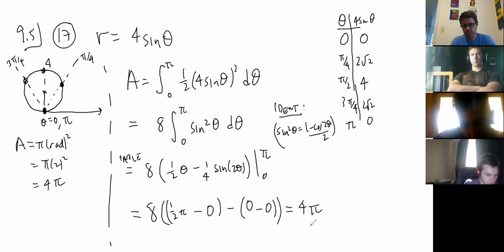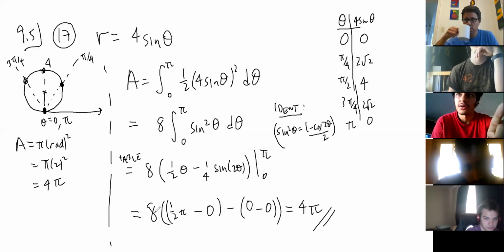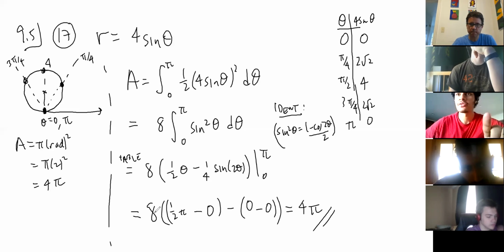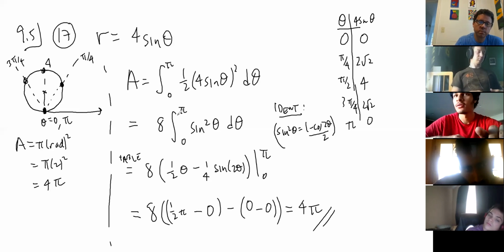And that there's your answer, which is what you would have expected just using the basic area formula for a circle. So for this one, sir, and similar ones on the test, would you need us to solve it using the integral, or could we just make the assumption that, you know, the radius is 2 squared and